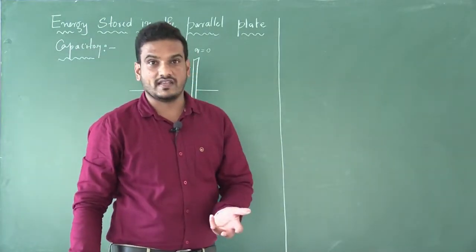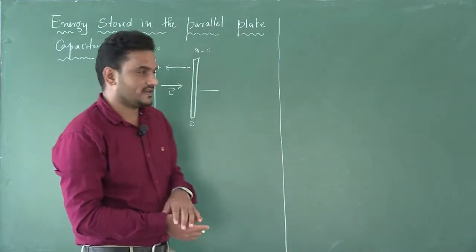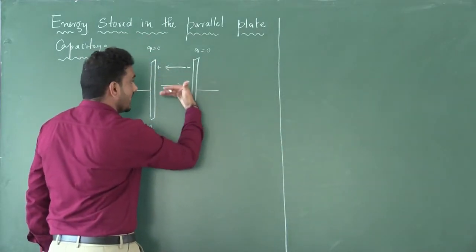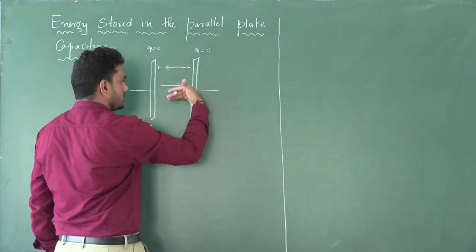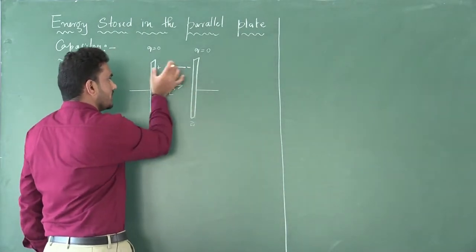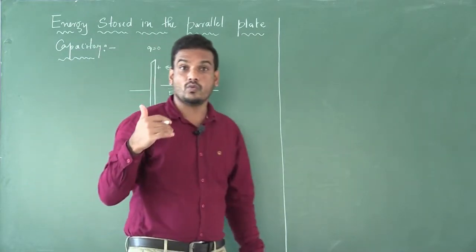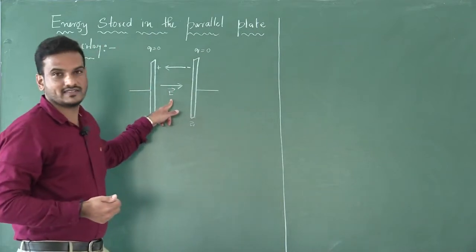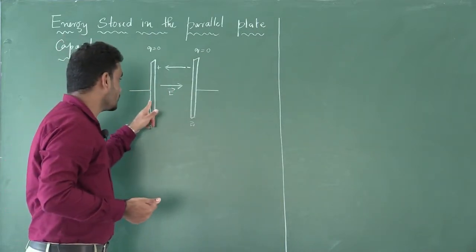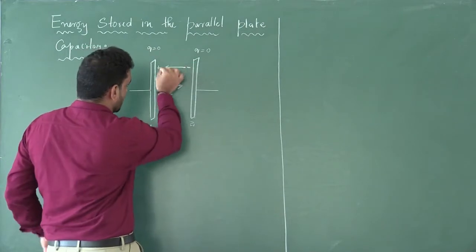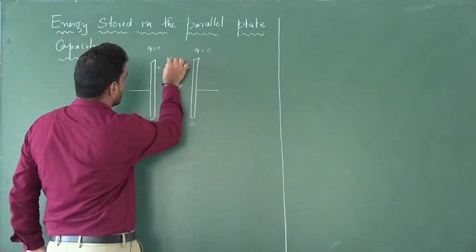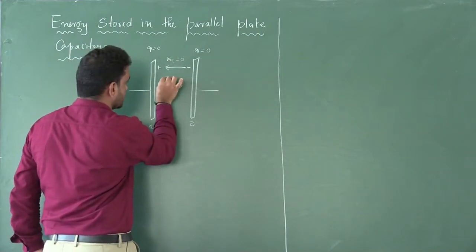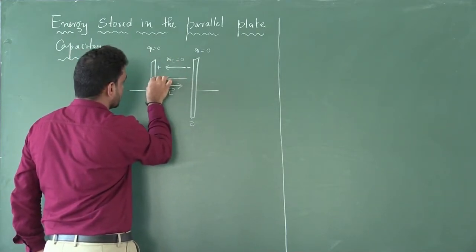Now additionally, I need to charge the 2 plates of the capacitor. So I'll transfer one more positive charge from plate 2 to plate 1. Now work is required. Why is work required? There is an electric field between the 2 metal plates. So for this, we shall call the initial work done 0. Now I am transferring one positive charge.